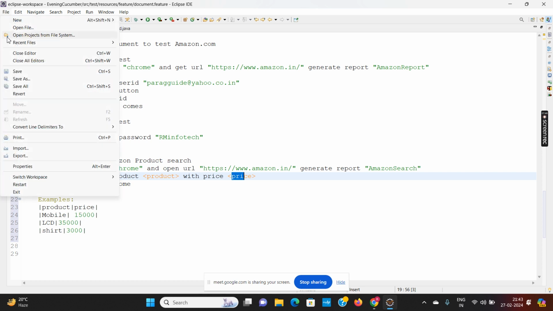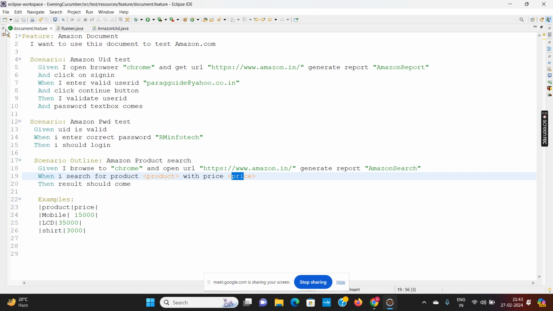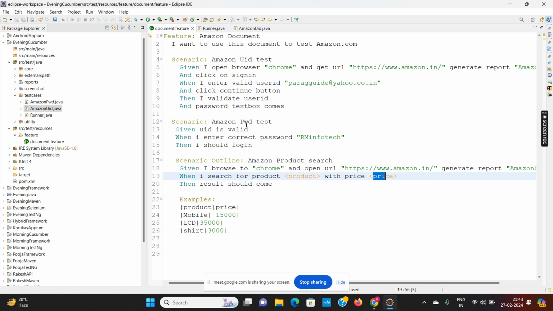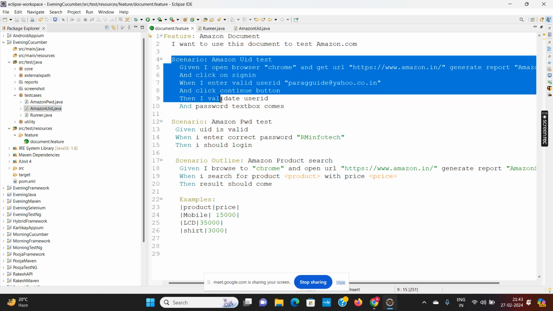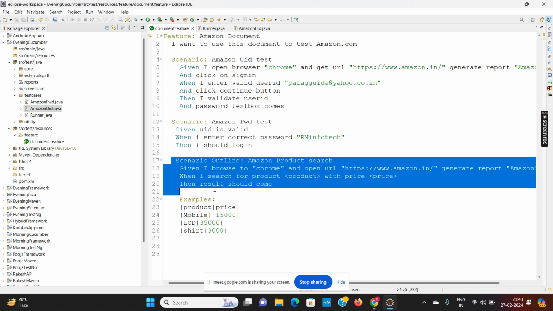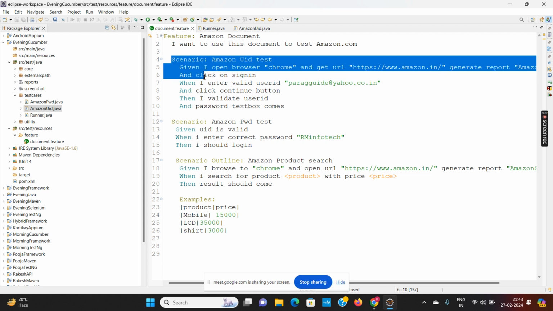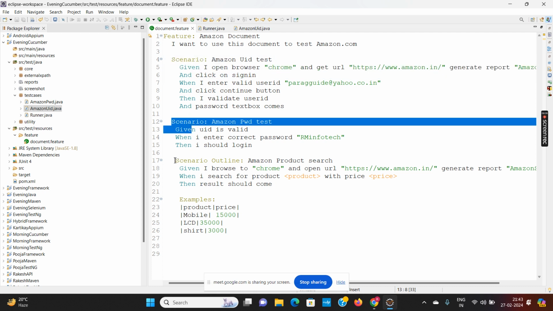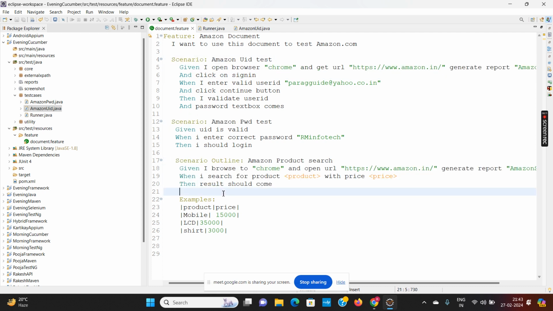Okay. Now one more thing, when I run this runner class again, it will run all the scenarios. It will run this scenario, this scenario, and this scenario also. But for example, now I do not want to run this scenario, I do not want to run this scenario, I want to run only this scenario.